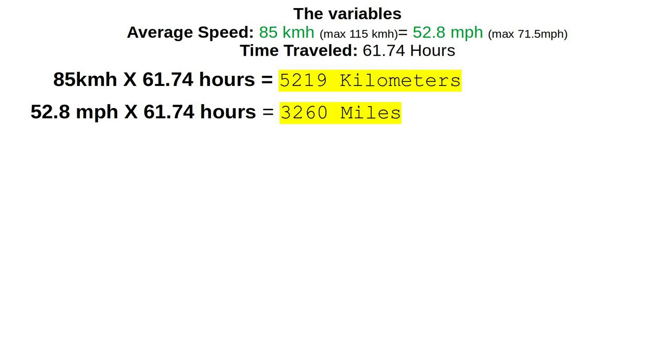So all we have to do now is calculate the two. For kilometers, 85 kilometers per hour times 61.74 hours gives you a total of 5,219 kilometers. In miles, it's 52.8 miles per hour times 61.74. That comes out to 3,260 miles. Okay. Now,